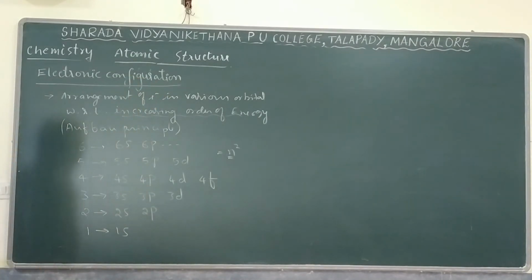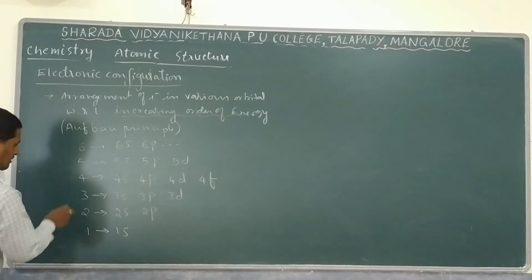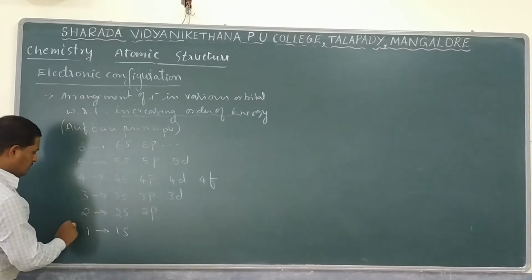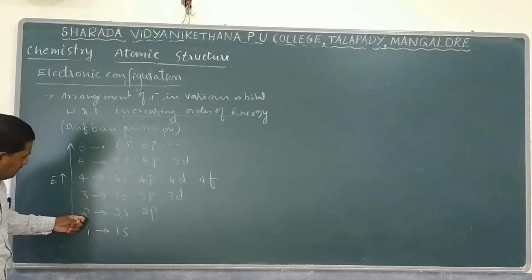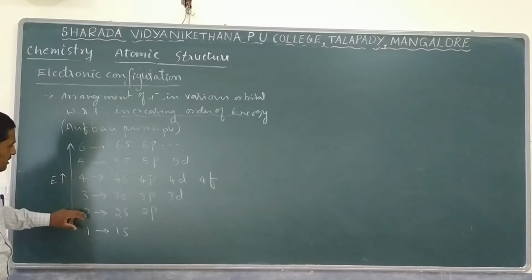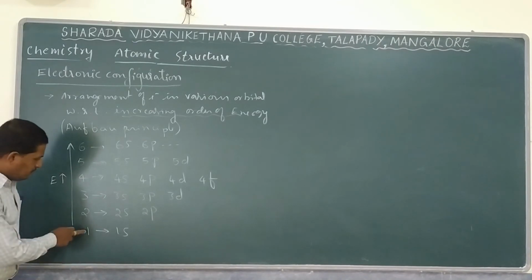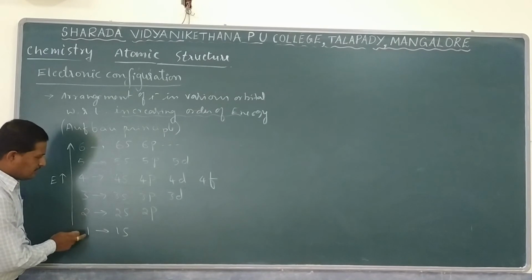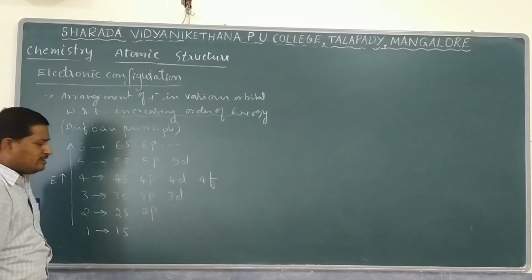Here we have to remember one sequence for writing electronic configuration. According to Bohr's atomic model, if you move from the first shell to the next shell, the energy value goes on increasing. The second shell is more energetic compared to the first shell. The fourth shell is more energetic compared to the third and second shell. Similarly, the sixth shell is more energetic compared to all other shells, but the first shell is the ground state. Beyond that, there is no shell. So 1s is the ground state orbital. Remember, 1s is the ground state orbital.